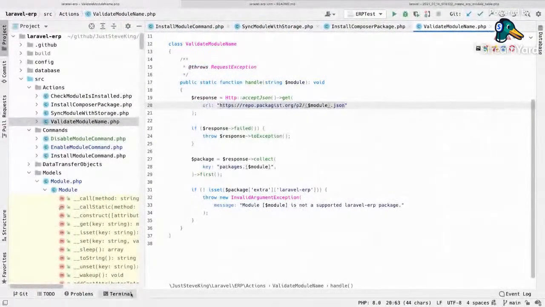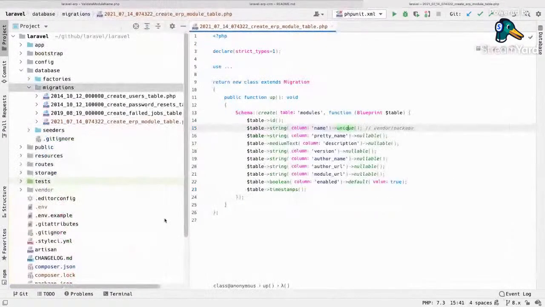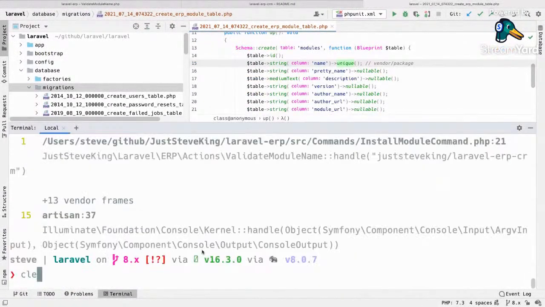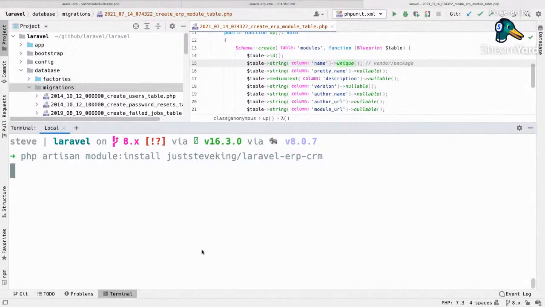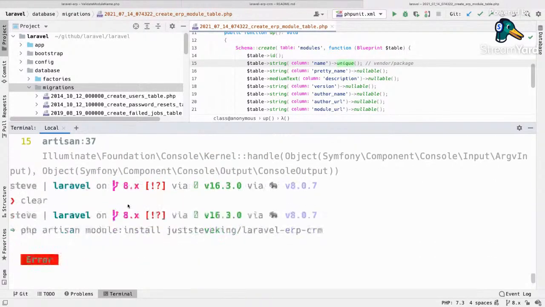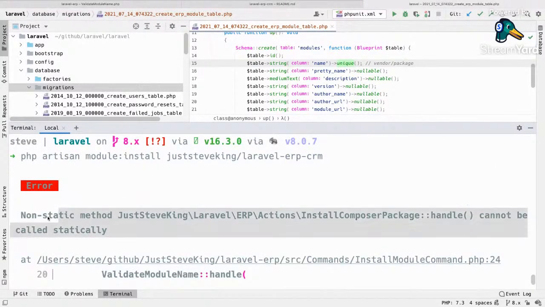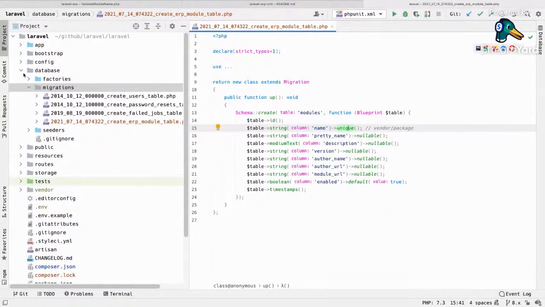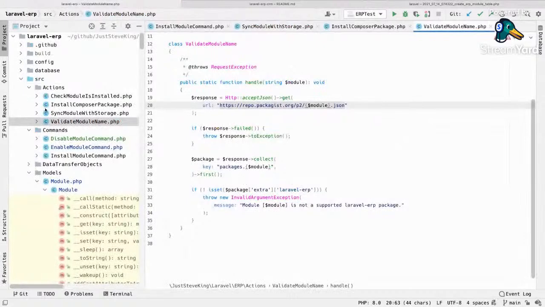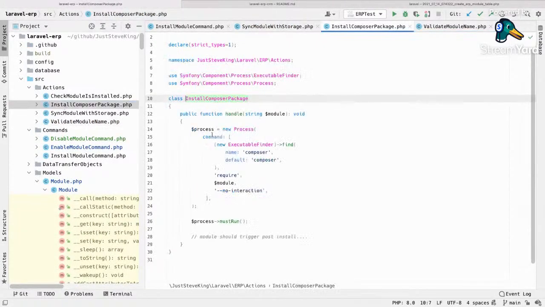So this should now go a little bit further at least. Non-static method, install composer package handle cannot be called statically. laravel-erp actions install composer package. Okay, so that means something over here. Okay, static